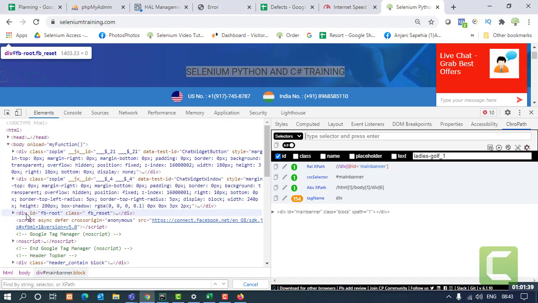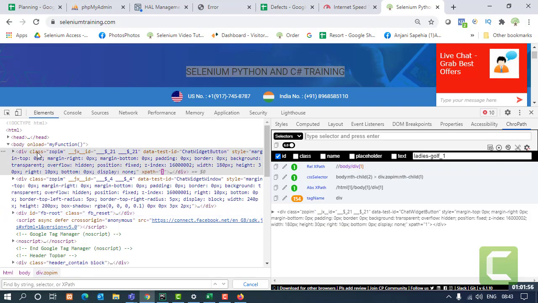But when it comes to CSS selector, any tag that is there in the hierarchy, in the parallel tags, is going to be considered as a child tag itself. Either it's a div tag, an h tag, a script tag, any tag, they are going to be child tags only. So what my nth child will do, it will consider it as first child, second child, third child.